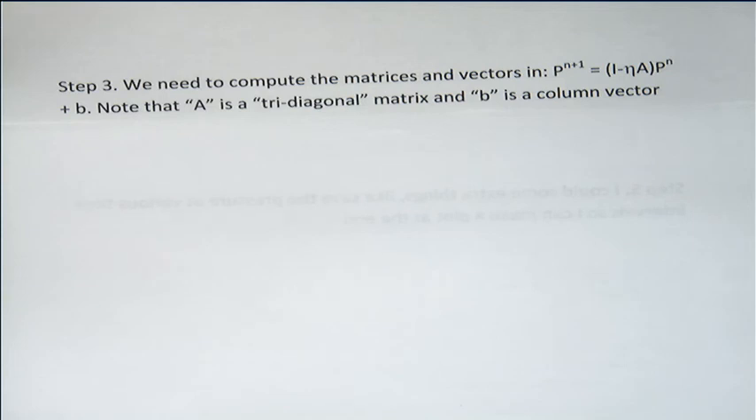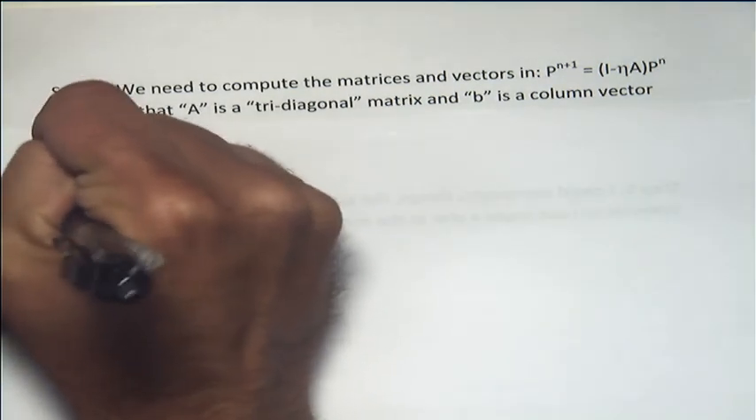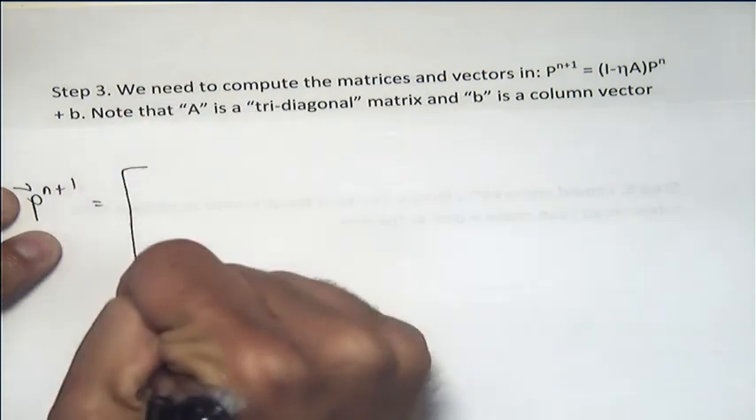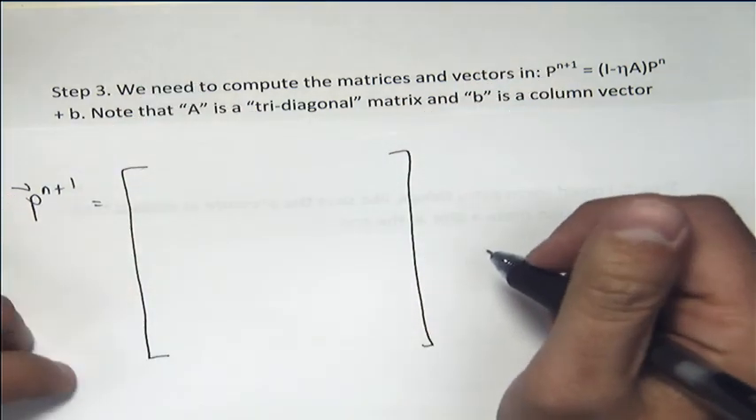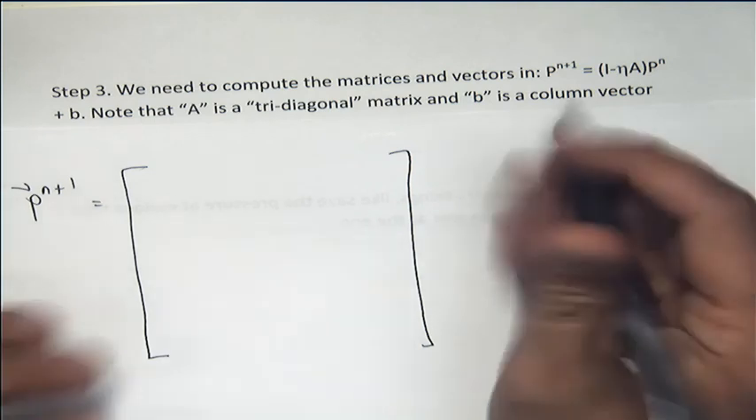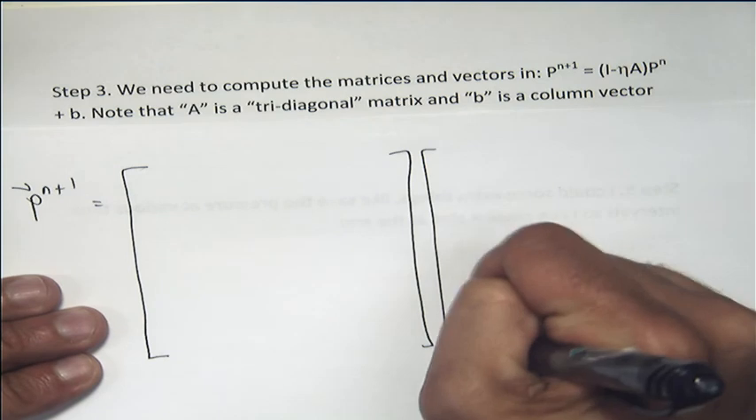Okay, step 3. We need to compute the matrices and vectors. So this is the explicit method. I don't have to solve a system of equations, but you can actually do this explicitly by setting up a matrix. And that's what we're going to do here. It's completely comparable and analogous. You get the same answer, but we're going to do things a little bit differently than what we did in